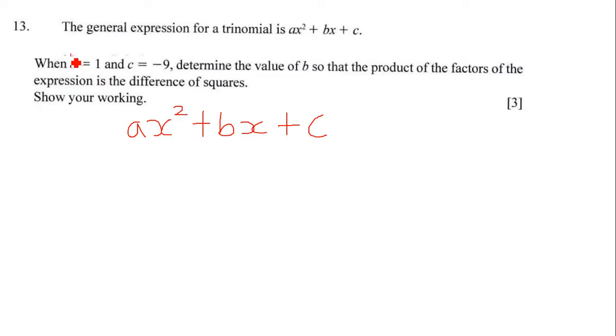Now a equals 1, so we're going to put 1 here, and c equals negative 9. I'm going to put negative 9 in place of c, and then the rest we have nothing to substitute, so we leave it as is. So it's just going to be x squared plus